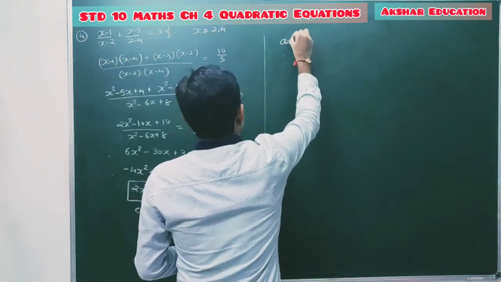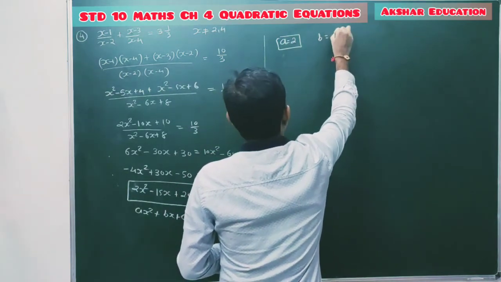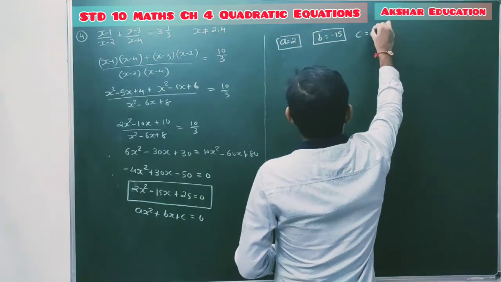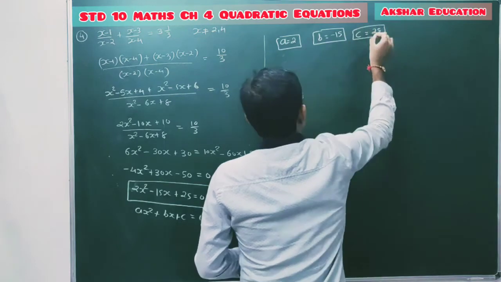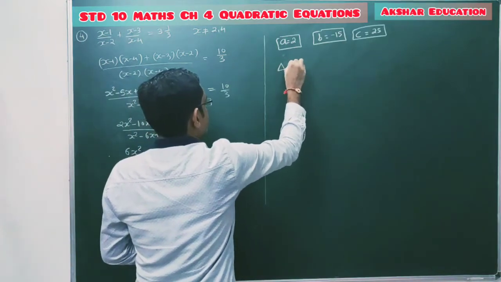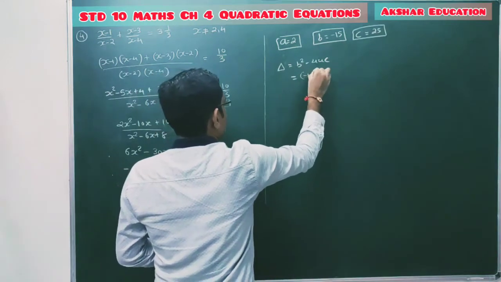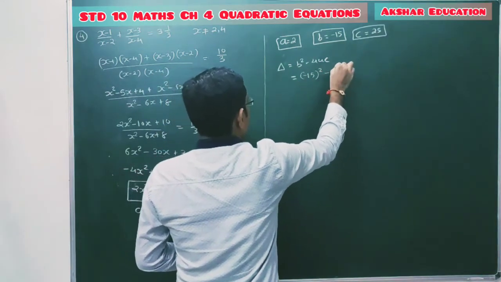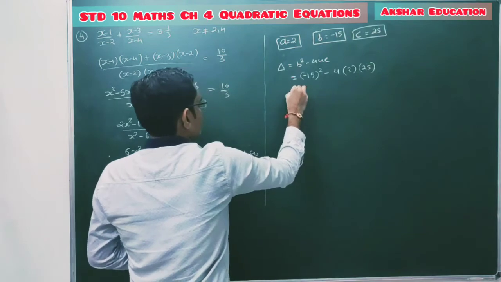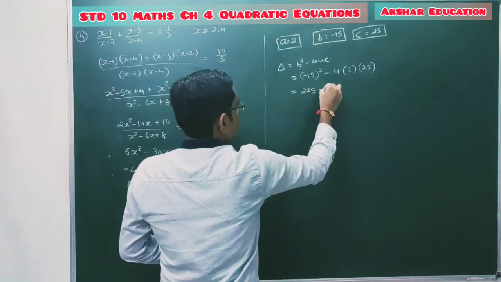So the value of a is the coefficient of x square, which is 2. The value of b, the coefficient of x, is minus 15, and the value of c, which is the constant term, is 25. Clear students? Now we have to find the discriminant delta. So delta is b square minus 4ac. b is minus 15, so it's b square, minus 4 into a is 2 and c is 25, minus 15 square. So 15 squared is 225, minus